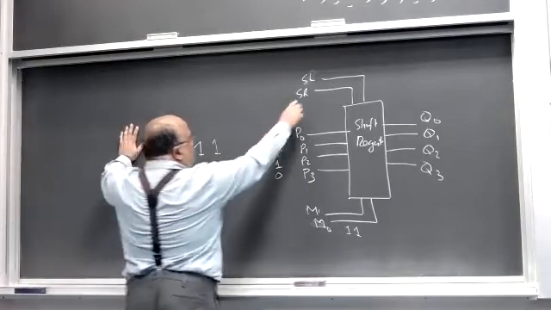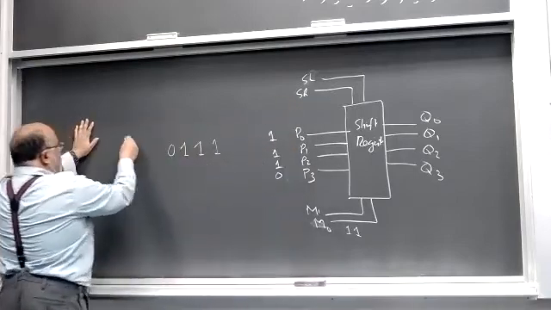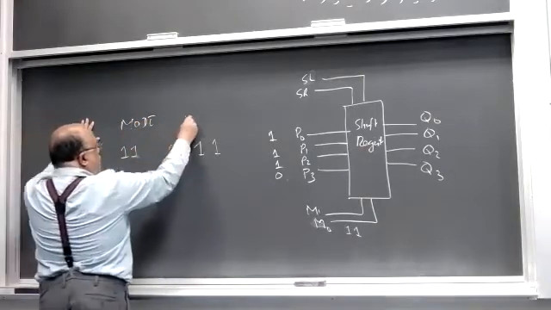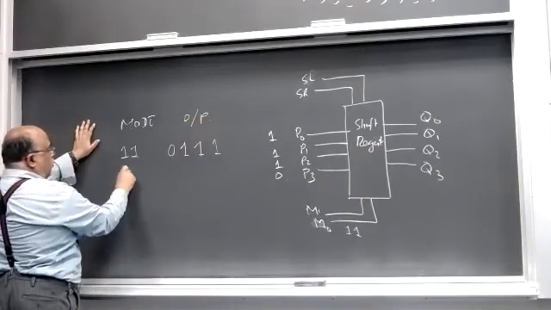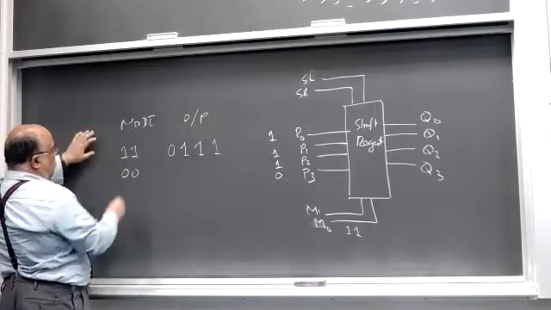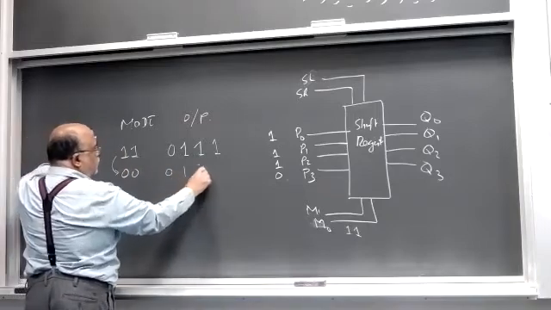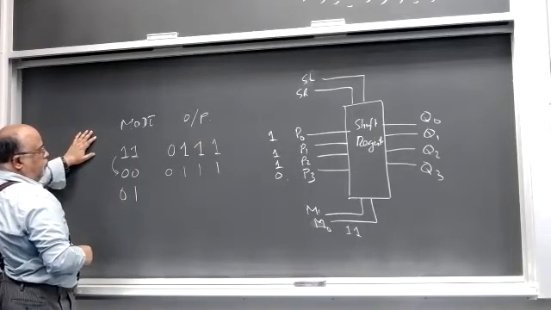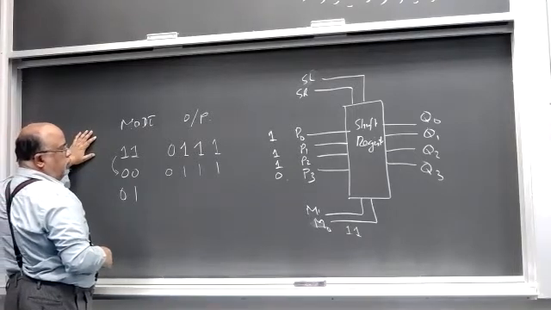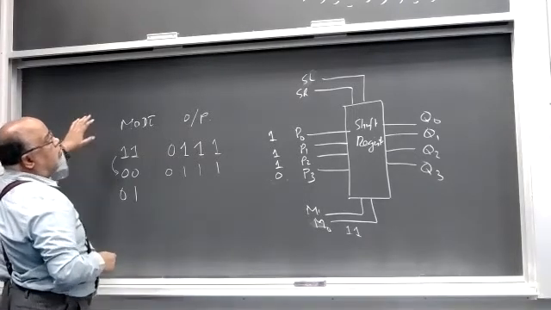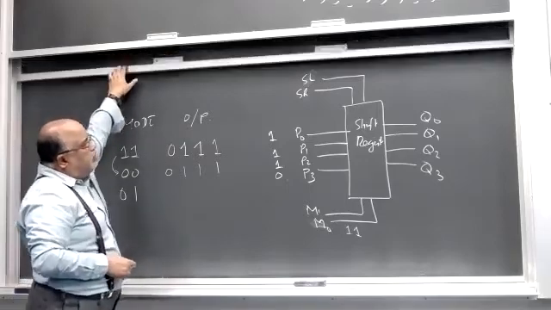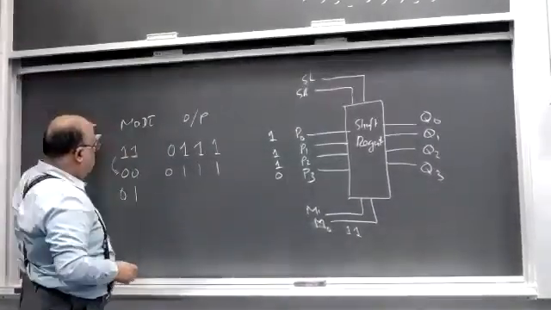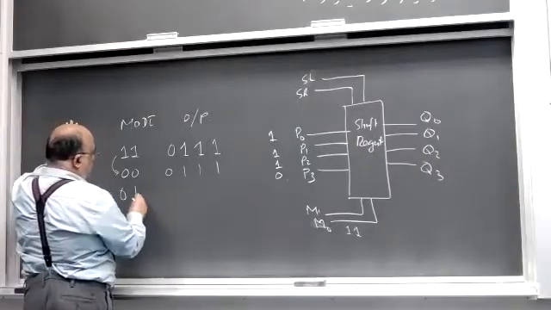अब मैं अगर इन दोनों को 0 0 करूं, ये पैरेलल लोड मोड है। 1 1 किया, आउटपुट हो गई हमारी 1 1 1 0। अब 0 0 किया, ये क्लॉक है, इसके बाद क्लॉक करूंगा, आउटपुट में नो चेंज 1 1 1 0। अगर मैं 0 1 करता हूं फिर क्या होगा? तो 0 1 के लिए हमने क्या किया था? शिफ्ट लेफ्ट किया था, शिफ्ट राइट किया था? शिफ्ट राइट। अगर 0 1 किया है तो ये शिफ्ट राइट क्लॉक करूंगा।